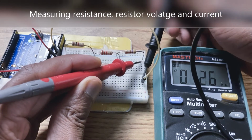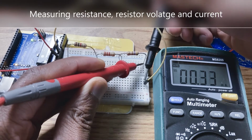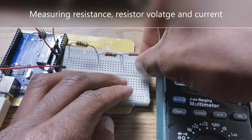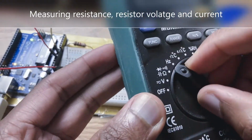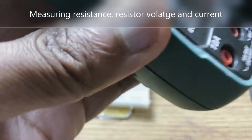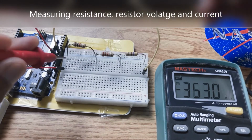And so here, I'm measuring the resistance. I'm measuring the total current that is flowing in the circuit. And you can see from the screen 1.39 milliamps. Now I configure the meter to measure voltage V, and I make sure that the terminal is in the V port for voltage. And now I measure the total voltage coming in,